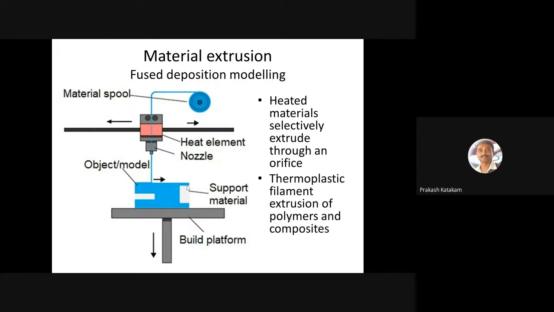Suppose assume that this material is printed here 100% infill material, that blue color. The white color, we can put it as 30% infill material. That means that will be more fragile and it can be easily removed because it is porous in nature. By using a cutter or a scraper, you can remove the support material after completing the printing. I already told you why the support material is used. If you do not use the support material here, the final product will not look like a cuboid. It will look like something else.